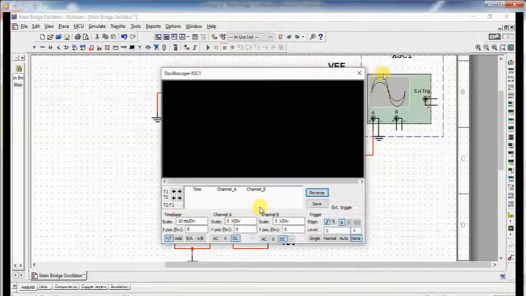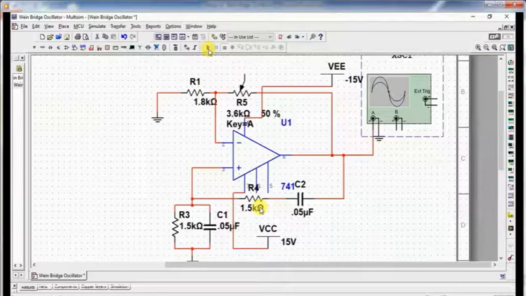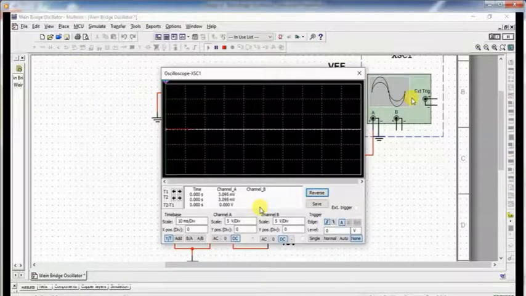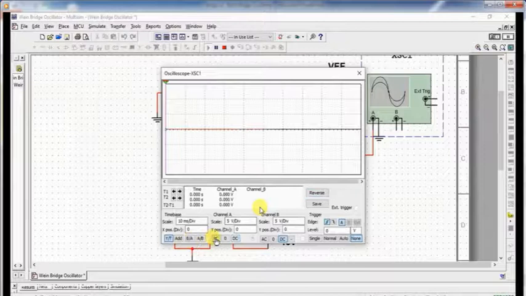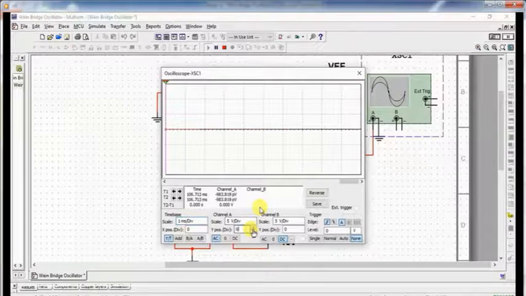And then check your output at CRO. So now we are ready to simulate our circuitry.